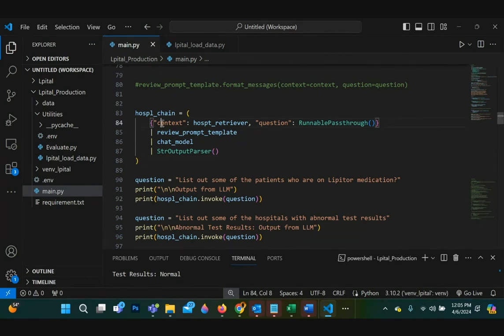And then this gets passed to the review prompt template, which is, I'm assuming, a function. And then after that function runs, the output of that gets passed as an input to the chat model on 86. It does some processing, and then the output of that goes to the string output parser. Is that correct? Exactly. Yeah.